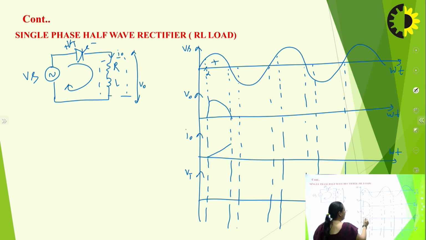Now what happens when the current reaches peak value, and during the negative half cycle, thyristor is reverse bias, but due to this inductance, energy is stored in the inductance, and it will oppose the change of current. Instantaneous change of current will be opposed by the inductor in the load, right? So it will keep the thyristor in the on position until the energy stored in the inductor is released. Let's say at point beta,